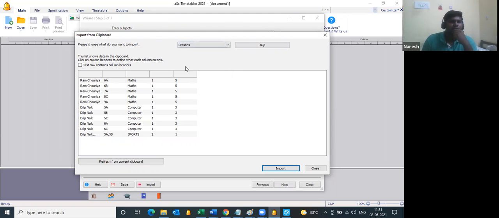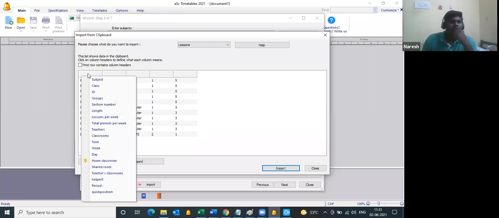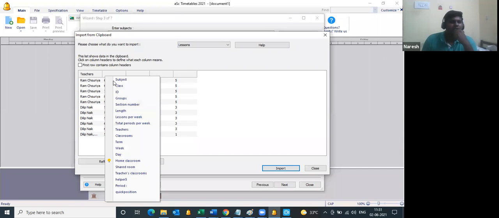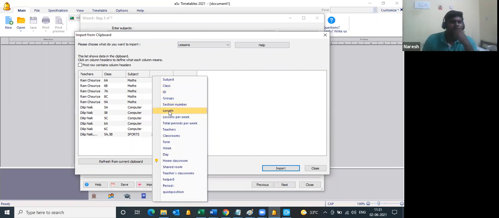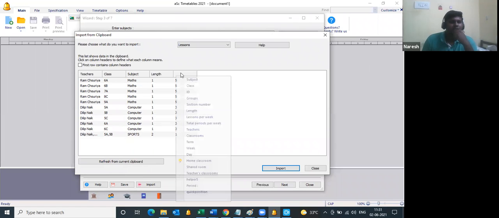In the lessons, you need to define in the empty rectangular space. When you click on this empty rectangular space, these are teachers, these are classes, and these are subjects, and this length, the same columns we saw in the Excel, and this is total periods per week.